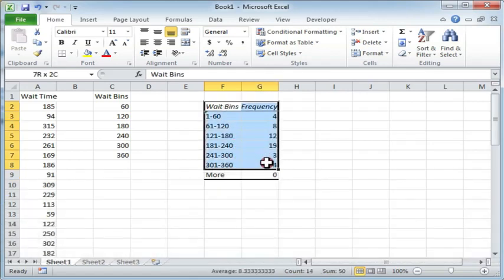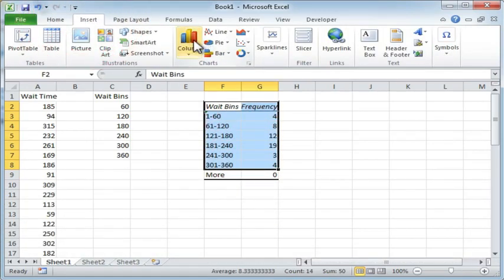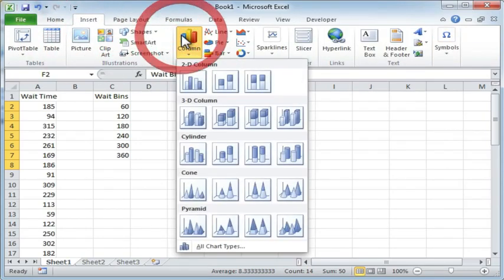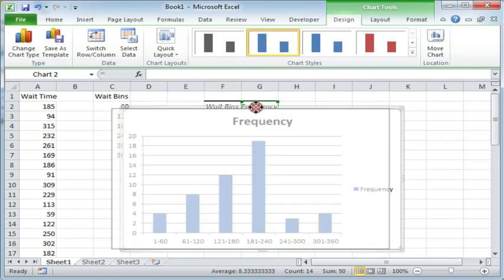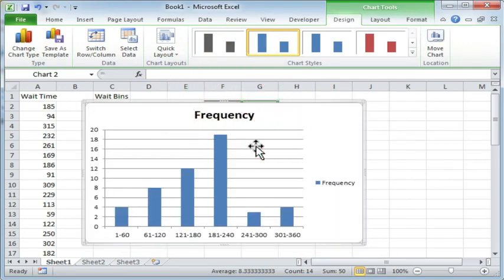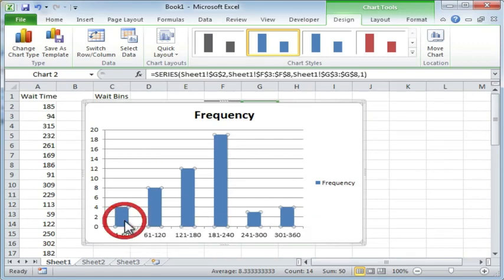Now I can create my chart. I'll highlight my data, click on Insert. We're going to do, oops, where'd that go? We're going to do a column chart, just a regular 2D column, and this is pretty close. Not quite what we want because we've got these gaps in between, but in order to get rid of the gaps, we can